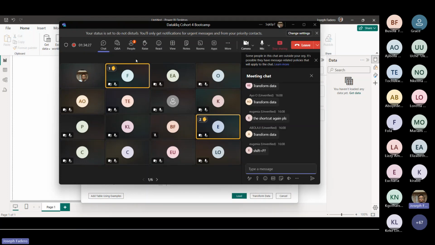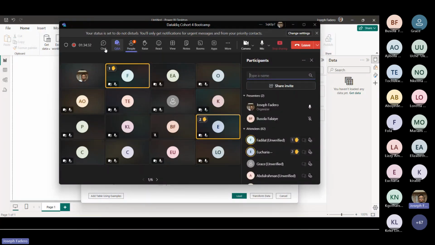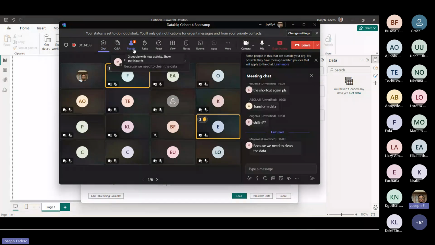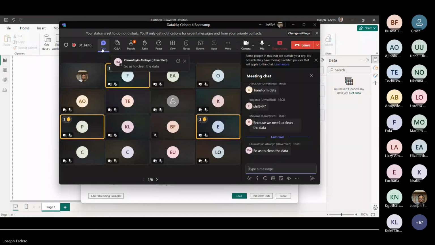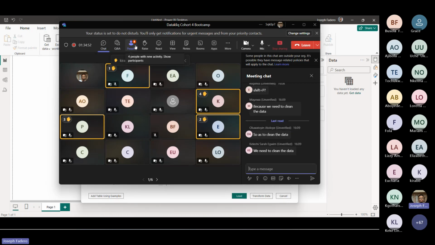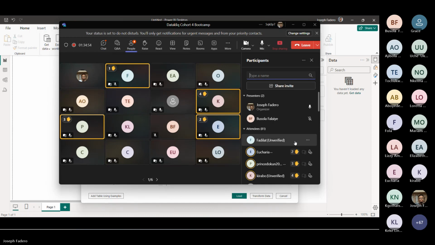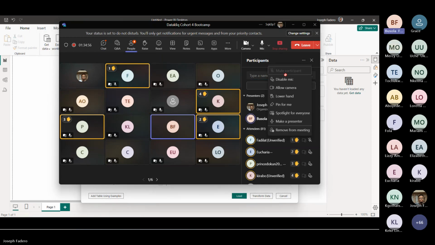And right now, I want to call somebody because I've been doing a lot of talking so far, but I want to hear from somebody right now. Fadilat, right? I think Fadilat's hand is up. I want to hear from you. Why are we transforming, not loading? So can you unmute Fadilat, Busola? I have given her my permission so she can unmute herself.